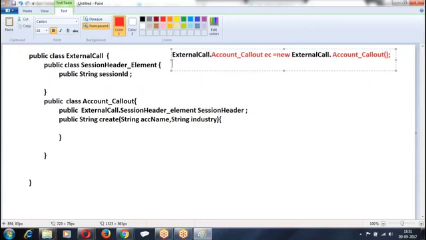We create an object. Once we create an object, then we need to say EC dot session header equal to EC dot, what is the element here? Session header equal to new external call dot